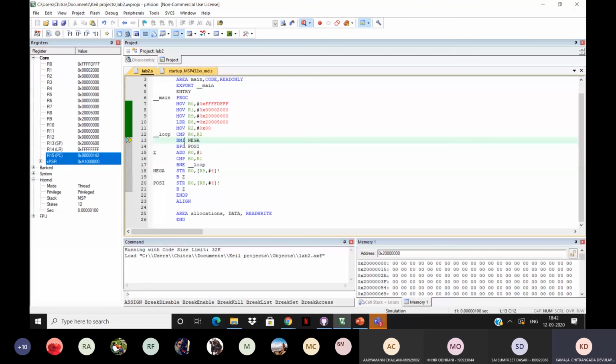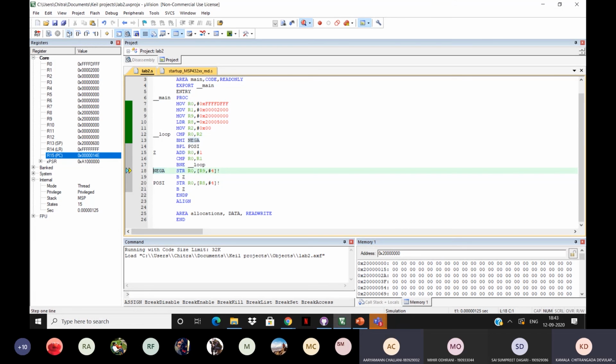So if my negative flag is up, I'll go into the negative loop, and then essentially what this STR R0, R9, #4 does is it adds up 4 to your R9, and R9 is a memory access location that I've given here, which is 2000. And as you can see right now, in the memory window here, you can access all the bits in your memory and check what values have been pushed here. So I'll just run this and show.